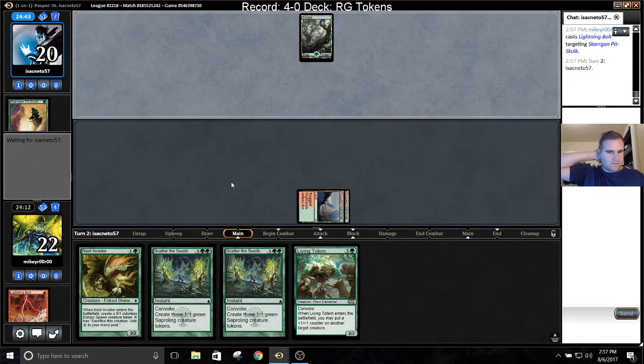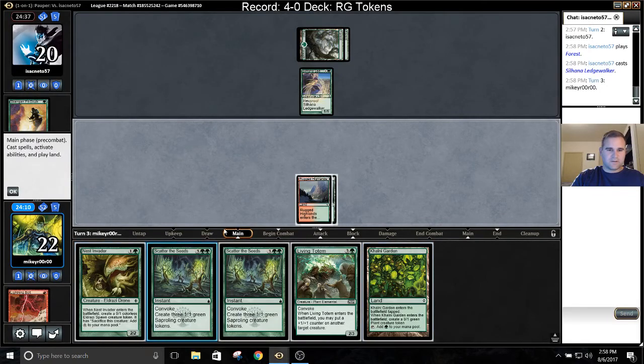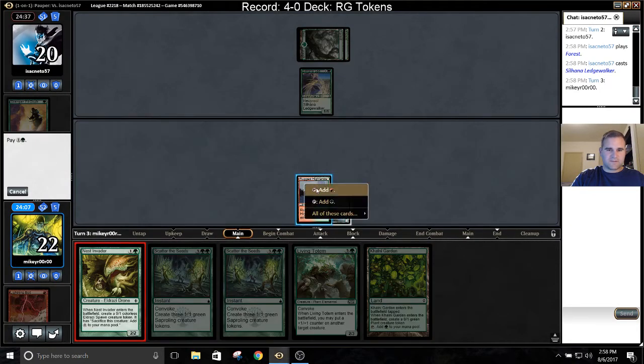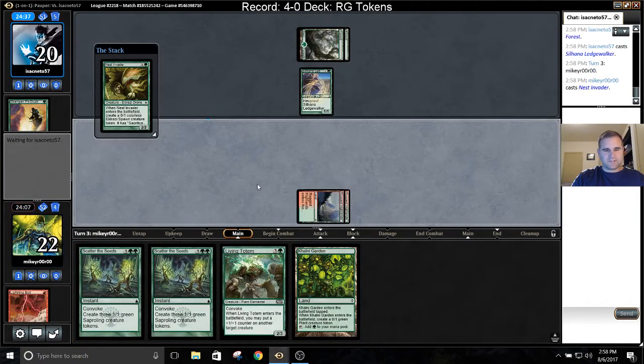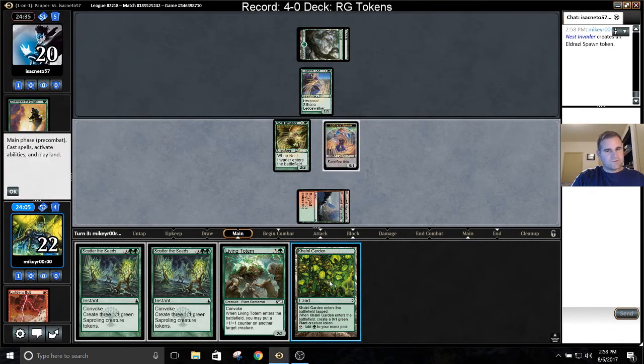So we should be able to go bigger and wider than them for sure. But if they just get some Pit Skulks down, or this Ledge Walker that I can never block, we could have some bad stuff happen to us. Colony Garden's actually a great draw. It's actually a good time for me to...